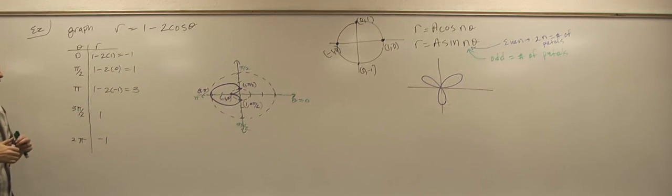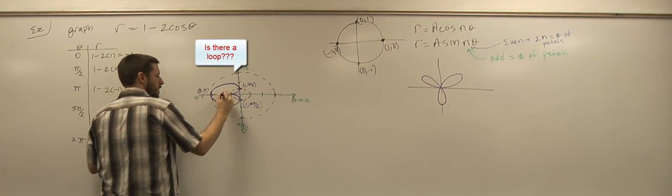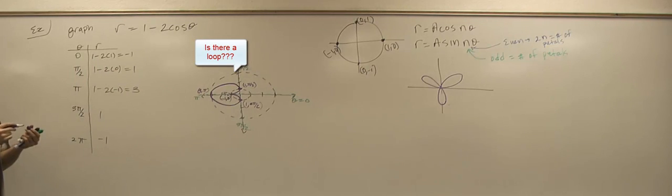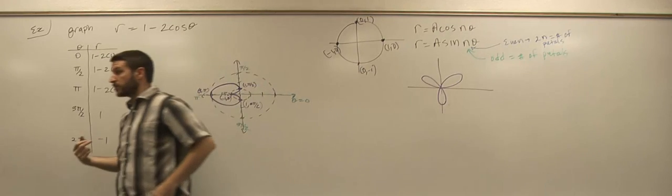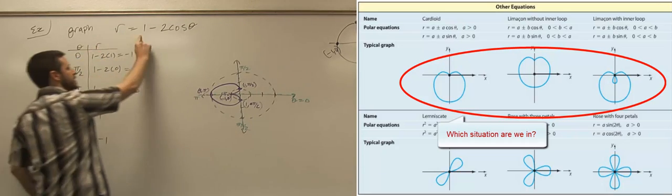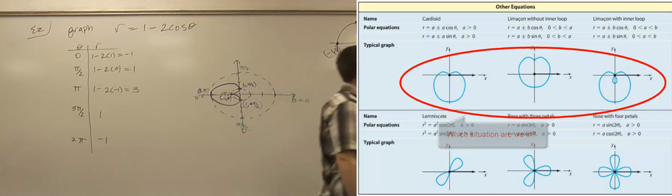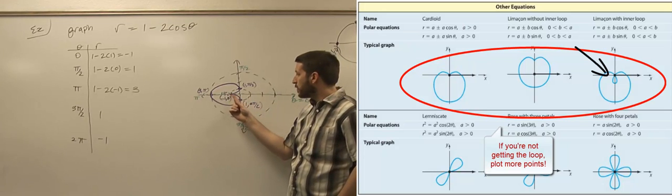Now, how would I know whether it loops in here, like something like that? Is there a point in the middle? So you need to read this table and figure out what the conditions are for A and B to get a loop. Right, this one's a loop. It says that the first constant has to be less than the second constant in order to get a loop. So it looks like we're in this case, which means we're going to have to plot more points right around